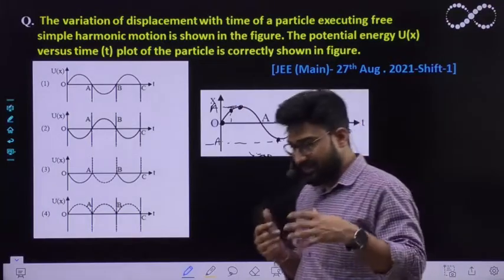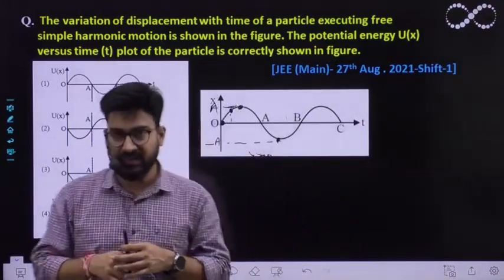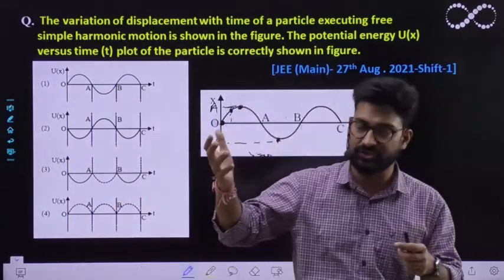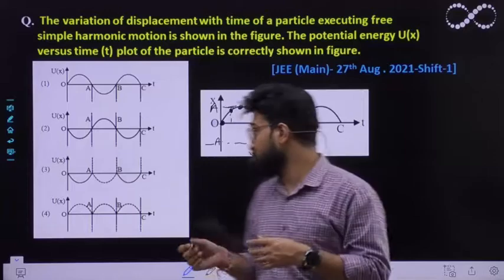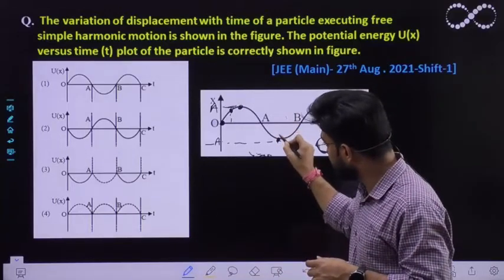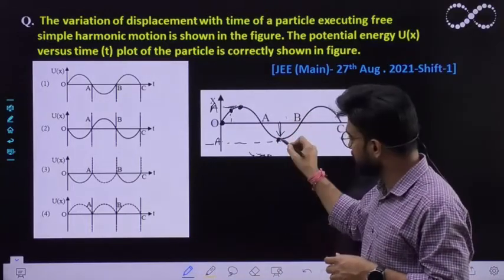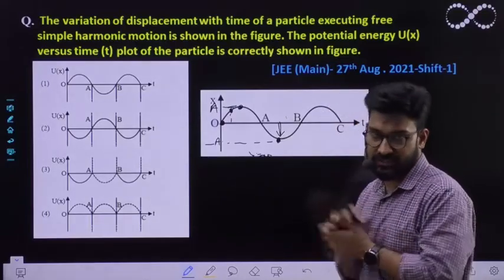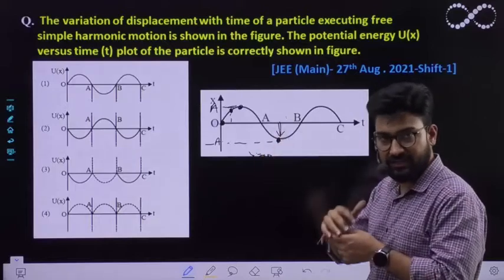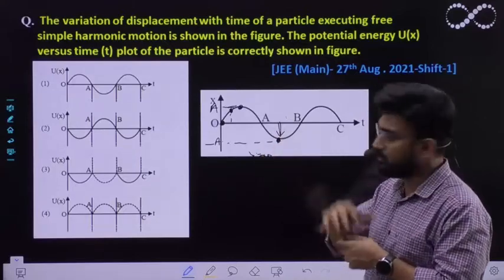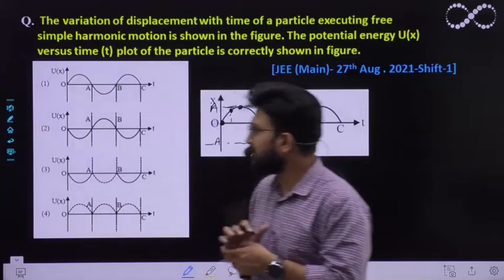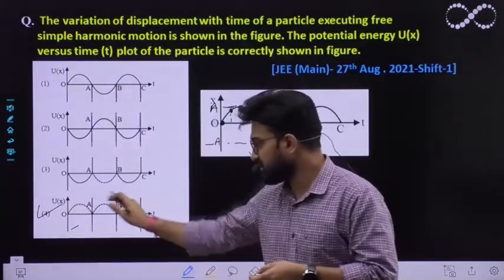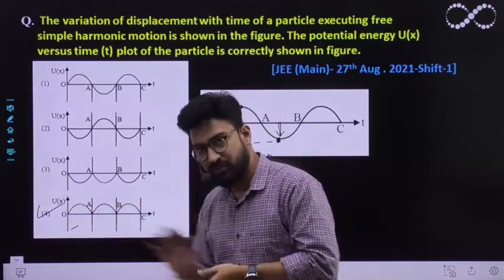It's not that the potential will increase only if you are moving in the positive x direction. Potential also increases while it goes towards its other half and reaches its maximum position in the backward direction. So the potential is always increasing, then decreasing, increasing then decreasing, only in the positive direction. The only graph in which the potential increases and decreases only in the positive direction is the fourth one.